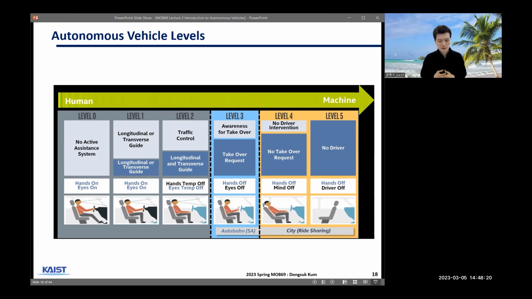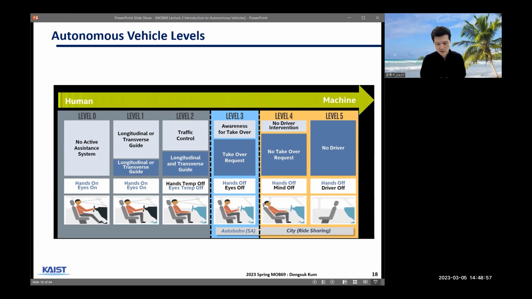So for robotaxi to be realized, we need level 5 technology, but it's taking a very long time, and people see that we still need a long time to achieve fully autonomous driving. So now the more practical goal is level 3, level 4 type of autonomous driving technology,